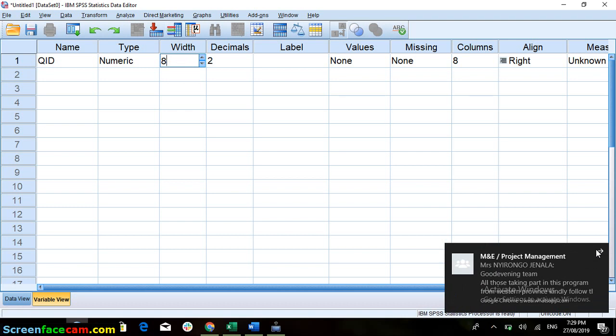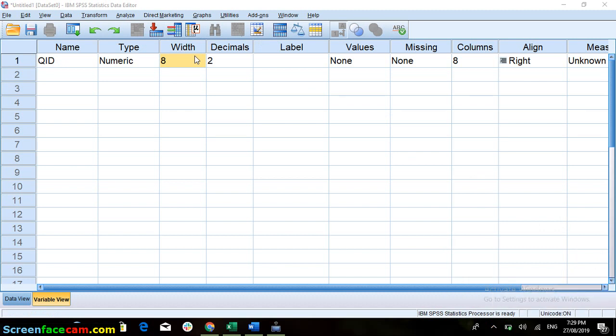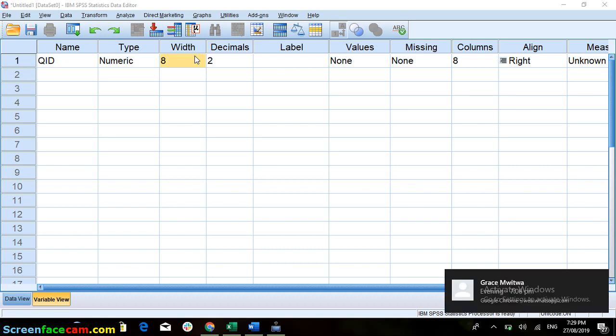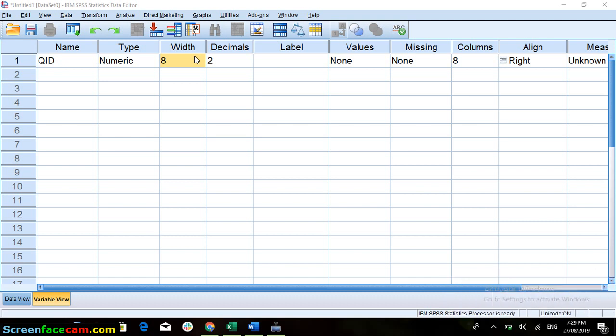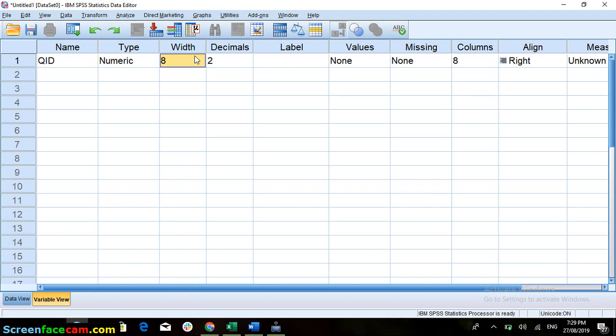So here, if I say my width is 8, then it means when I go in my data view, I can only enter up to 8 characters. Are we together? For this particular variable, which is the QID. Because that's why I'm specifying that here I want to enter only 8 characters. Are we together? And a character is equivalent to a single number, and at the same time, a character is equivalent to a single letter. Are we together? So if I put 8 here,